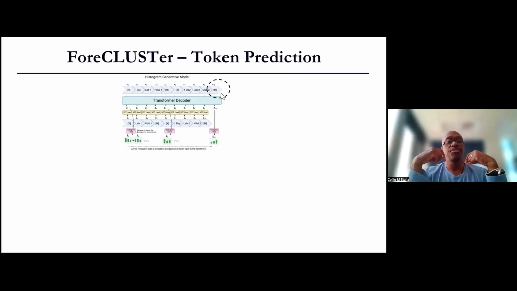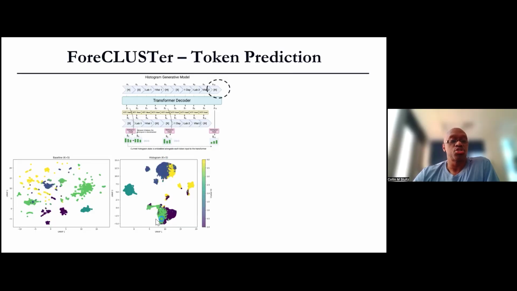So it is our belief that these embeddings that encode the future will form effective ways to identify new patient phenotypes. And if you look at these patients and the embeddings associated with these H tokens and you try to cluster them, this is a UMAP, both from a baseline model that doesn't use this two-tier approach, where you predict first the future distributions and then the next token, it seems very scattered. But at least in this one, there seems to be much more structure in the space associated with these embeddings.